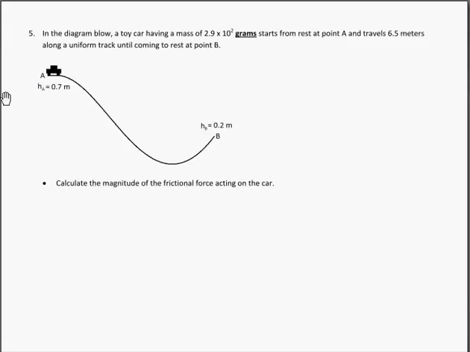So it's going to start here at point A, and it's going to travel to point B. And at point A, it has a height of 0.7 meters, and at point B, it has a height of 0.2 meters. Now, the important thing here is to realize that it's at rest at point A, and it's also at rest